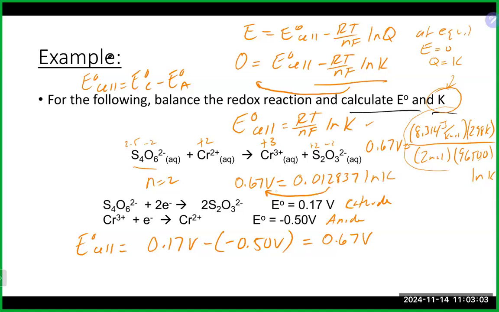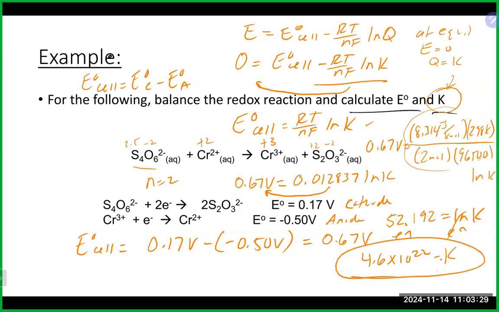We're going to divide that to the other side. That's going to give us 52.192 equals the natural log of K. And we're going to e both sides, again not changing any signs. And if we take e to that, we will end up with a 4.6 times 10 to the